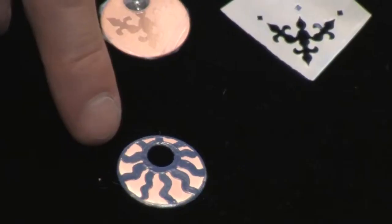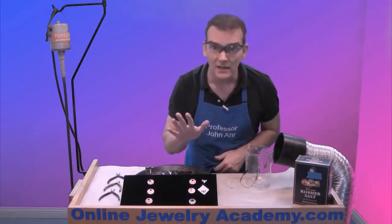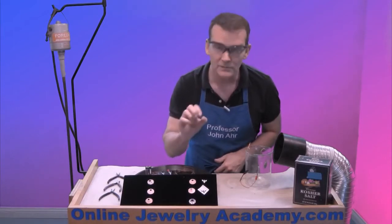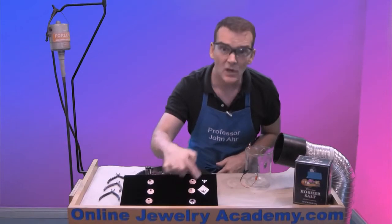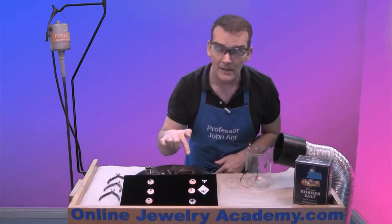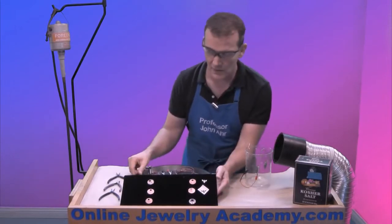Finally, this last one, I've taken the blue enamel paint, you can use any color, and I've painted sort of a radial sunburst. Now, this is also protected on the edges and the back. So using this one, let me show you how the process works. I'm just going to scoot all this aside,